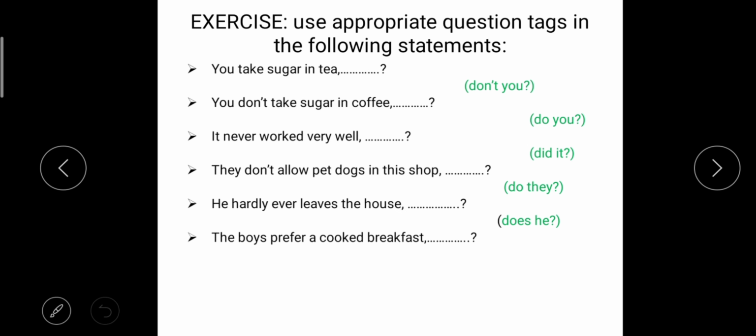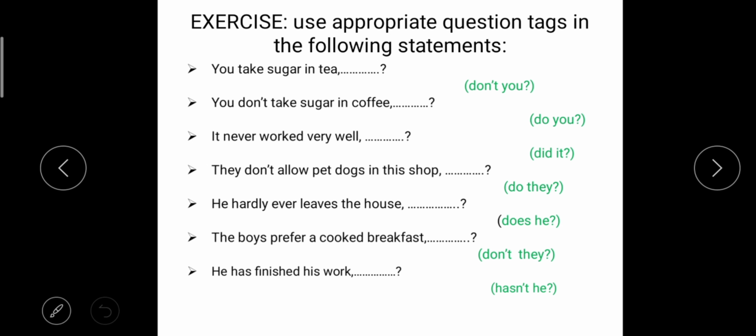The boys prefer a cooked breakfast. The sentence is in present indefinite. So for the verb of the present indefinite and present continuous, you can watch the previous video. The link of all these videos is given in this lecture and the description of this lecture. The question tag will be used don't they. He has finished his work. Sentence is affirmative. Sentence is positive. Question tag will be negative. Hasn't he? So this is the end of the question tag, and I hope that you must have understood well